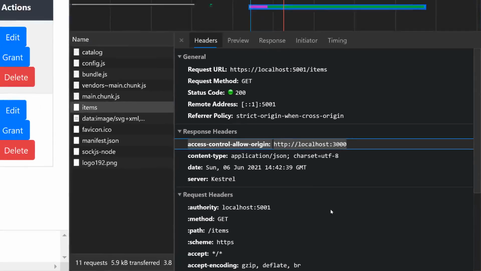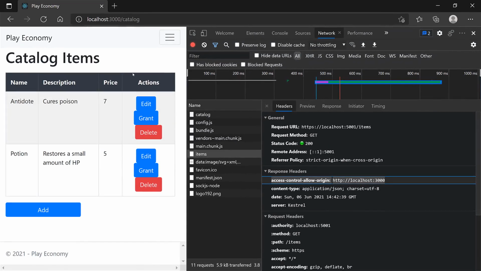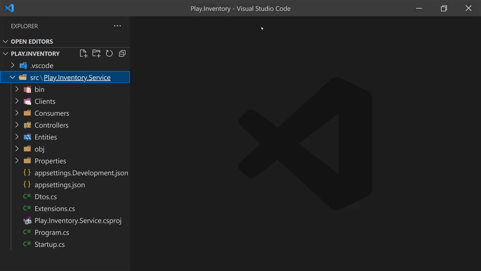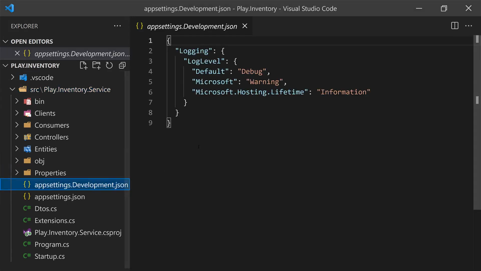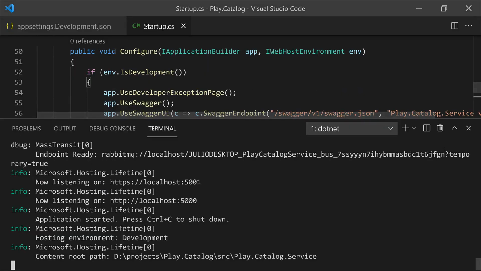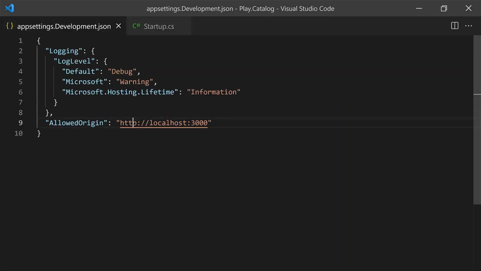So that's how you configure CORS. And since we did this for the catalog microservice, we should do the same thing for the inventory microservice. So let me go back now to our inventory code base, which I have opened here in this other Visual Studio Code instance. And I'm going to do pretty much the same thing that we just did. In fact, I'm going to copy a few sections here. So from catalog, I'm going to close the terminal for a moment. I'm just going to copy this allow origin section